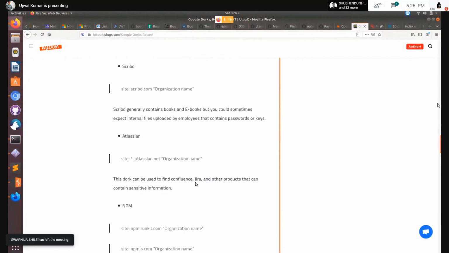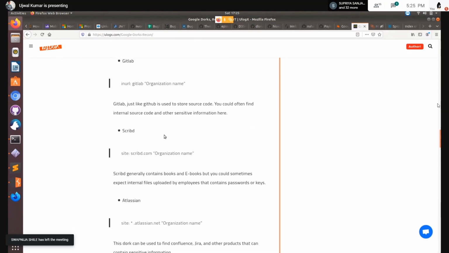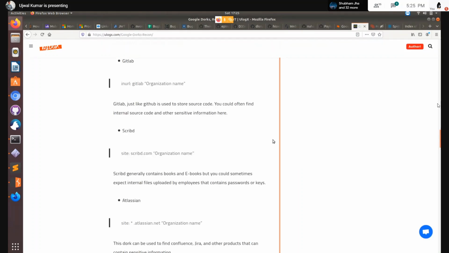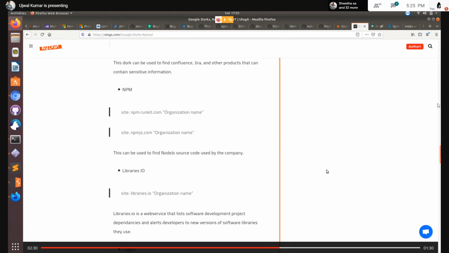So a key note to developers, please don't leave any of your data in any third-party platform thinking that nobody would be able to reach it even with different names. The open source information gathering methods easily help you to reach these things. So these things are always vulnerable. So it's important to follow the standards.